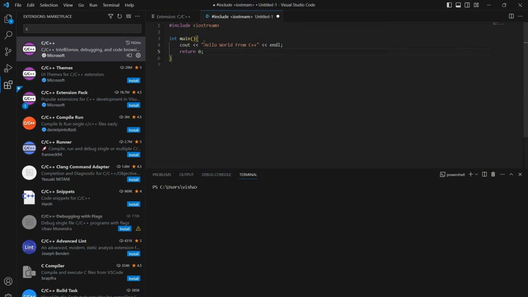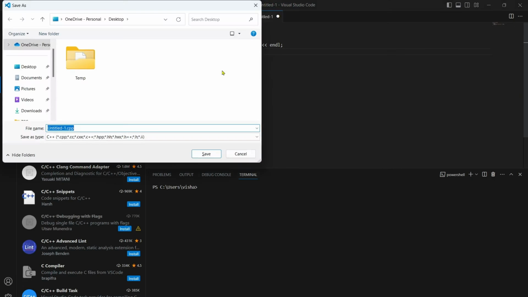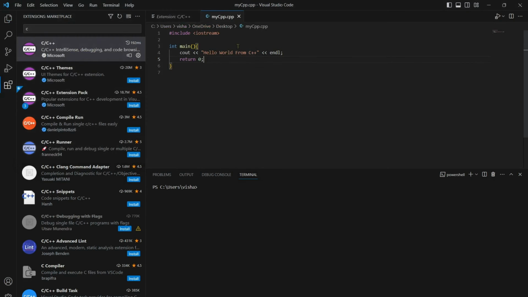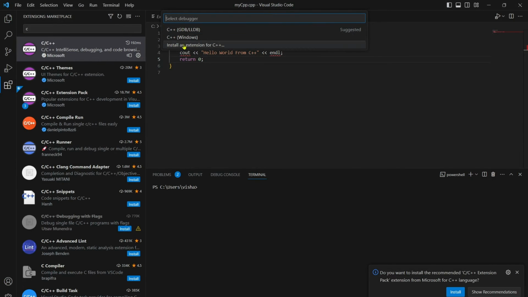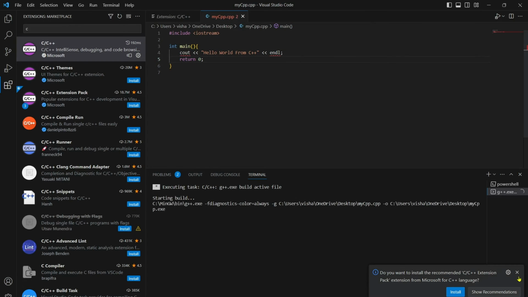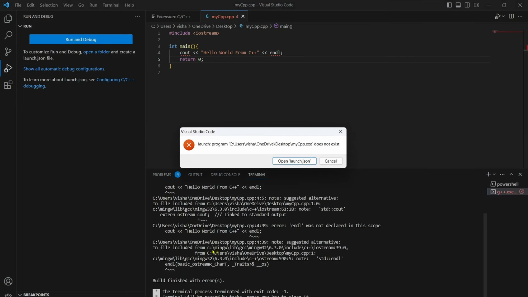Now that we have our code ready, click Ctrl S to save it, or you can continue without saving. I'll write my CPP, and now you can run this by going to click on this run and click run without debugging, and you will see these options here. Click on this first from C++ gdb/lldb and click on this first option again, and now as you can see, our compilation has started